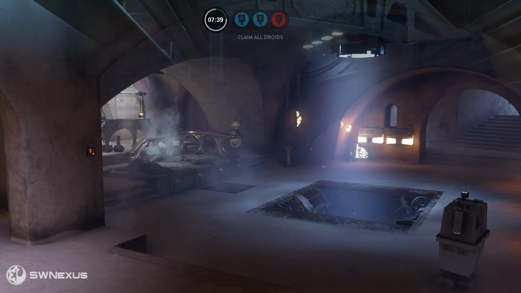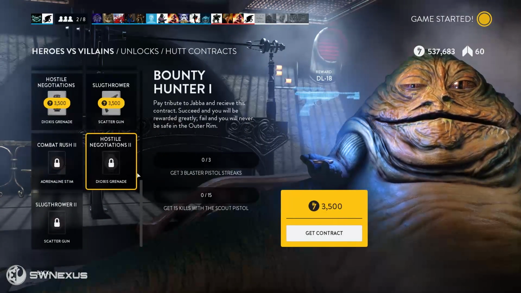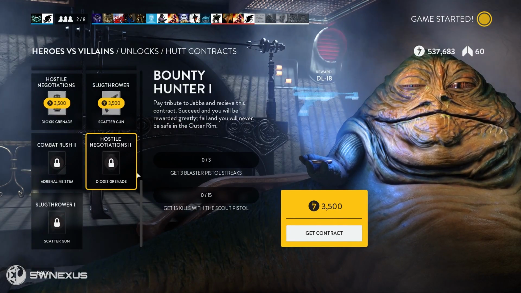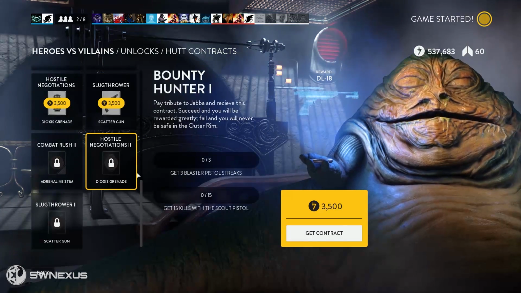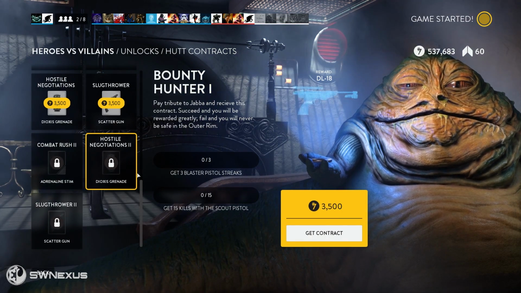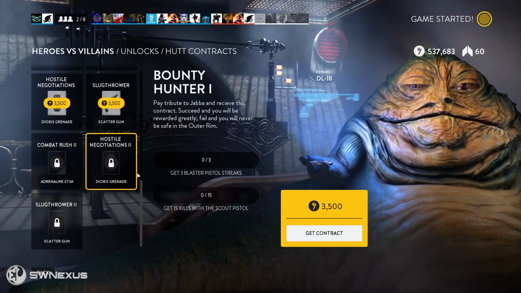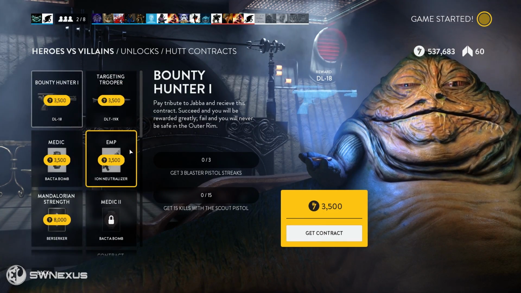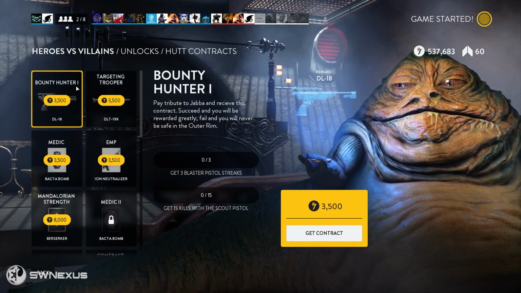Not a good idea. Moving on to Jabba the Hutt, we also have Hutt contracts, so Jabba the Hutt will feature in the game. These will be released alongside the DLC for everyone to have access to. Now, to get access to these though, you must be level 12. So if you're under level 12, just grind a bit, get a couple of kills, orbital strike streaks, whatever you need to do, and before you know it, you'll be level 12 and you'll be able to access these Hutt